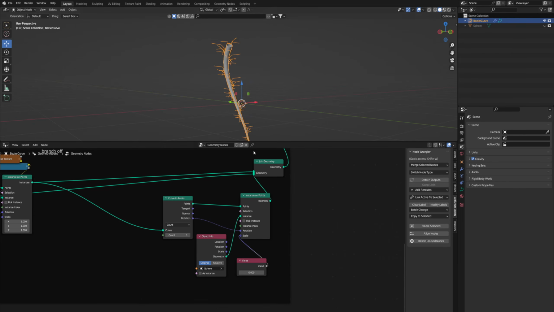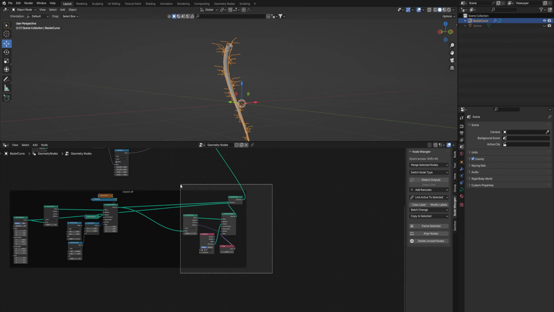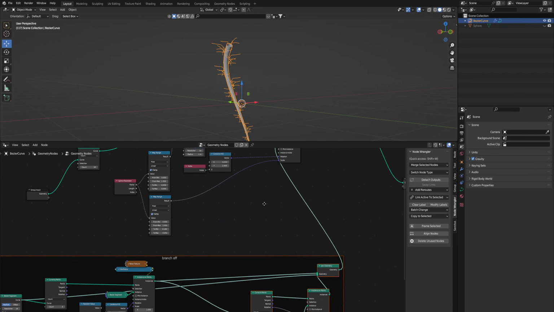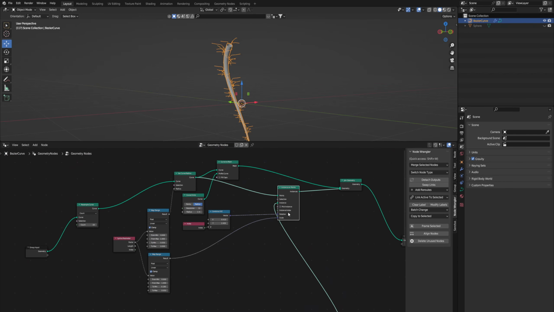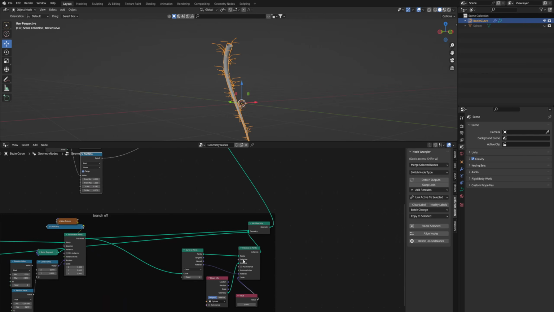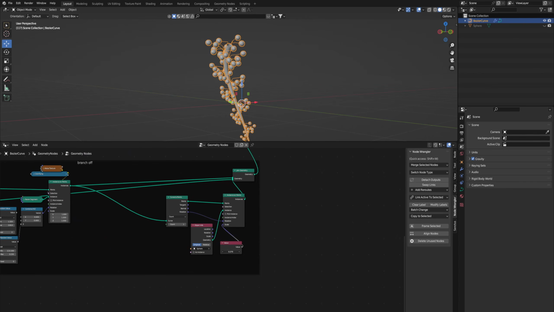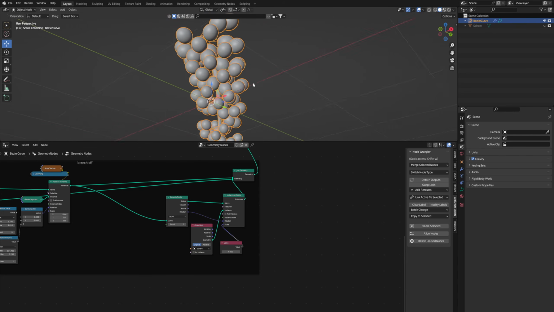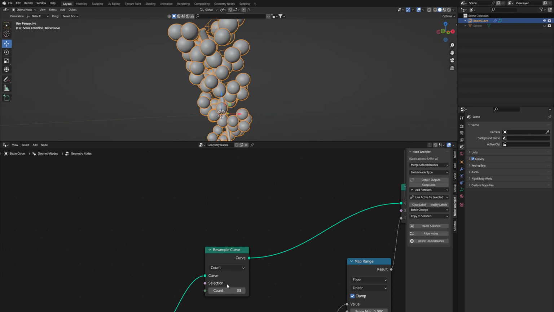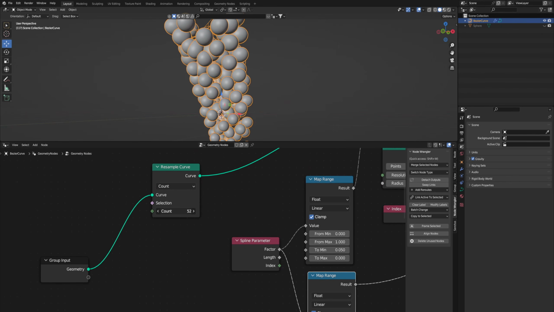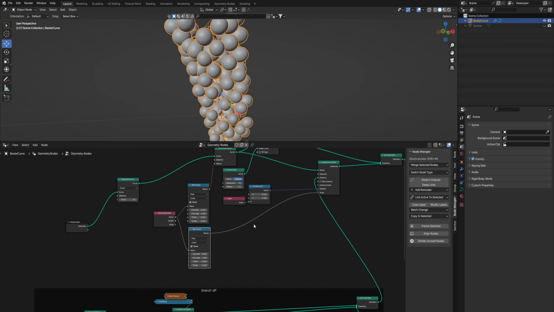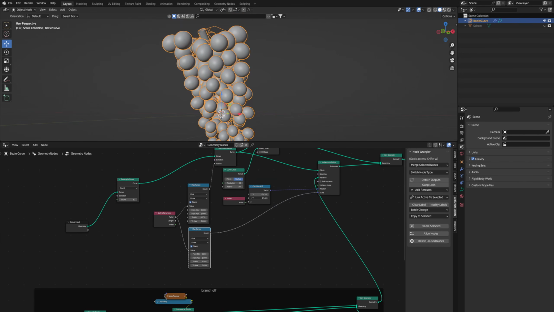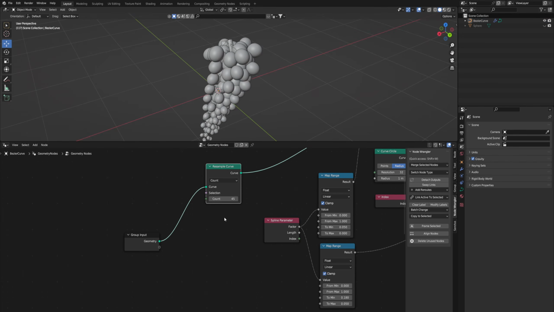So what you can also do, if they're intersecting too much, is you can actually just affect the scale of the actual grape instance itself. We do have the instance of the branches and the grapes being scaled by this map range, but if you scale the actual grapes from where the grapes are being instanced, it's a bit easier to not get them to intersect. You can just add a few more with this resample curve, and if you play around with the rotation a bit, you can get a good result. So here, I think this is pretty good for what I'm looking for.